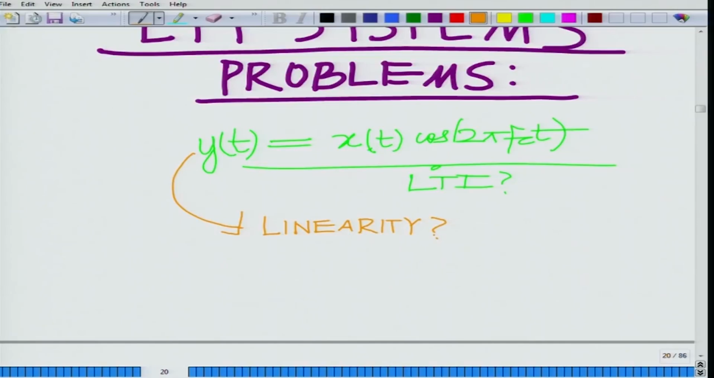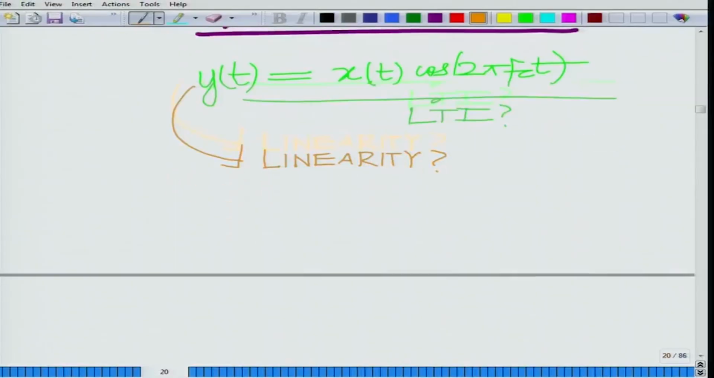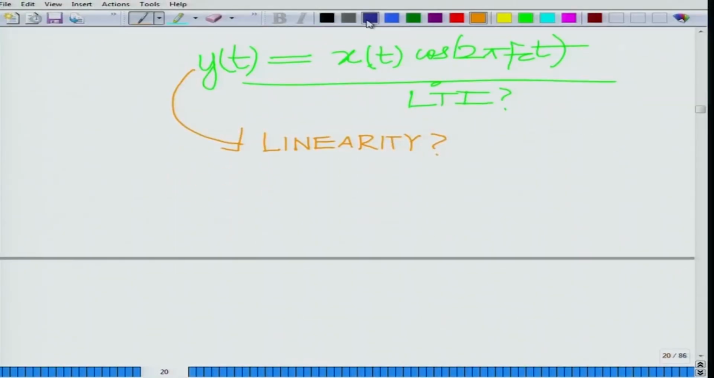Remember, an LTI system has to be both linear and time invariant. So let us first check linearity. To check linearity, we have to see if it is additive and homogeneous, that is, whether it satisfies the additivity and homogeneity properties. So, coming first to additivity,